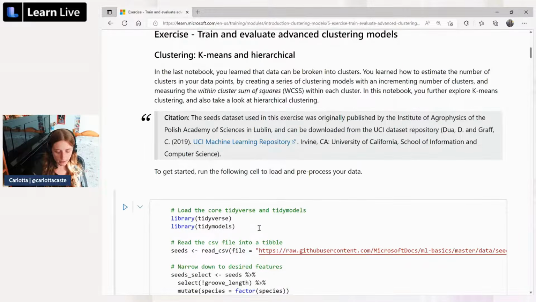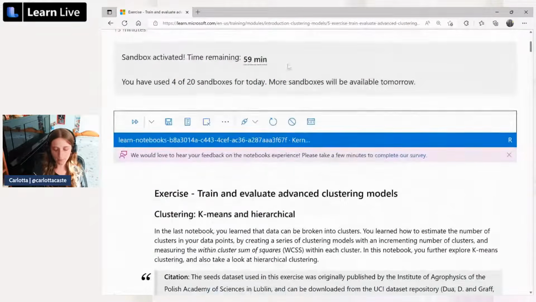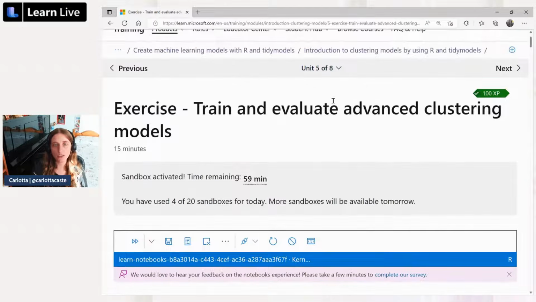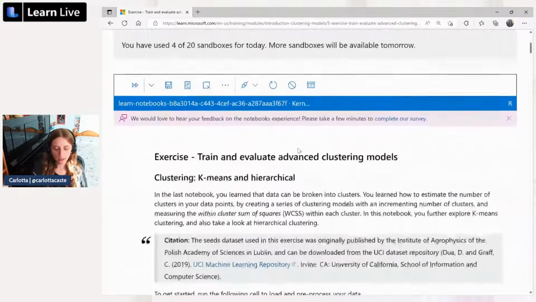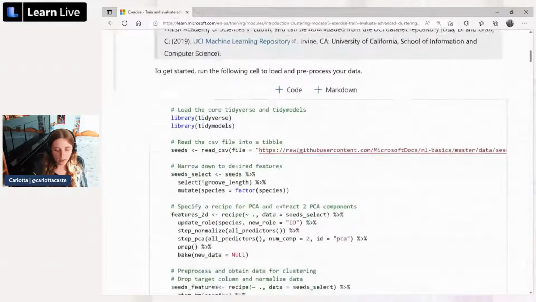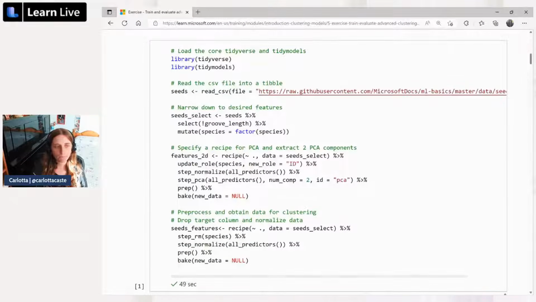In the first code chunk here, first of all, I am in the exercise unit 5 of the same Learn module we pointed out at the beginning, the one dedicated to clustering in R. And this very first chunk, which is actually quite long, we are just going to replicate a few steps that Jasleen showed us already step by step. We are going to load the libraries we need, so the tidyverse and the tidymodels. We are going to load the seeds dataset you already know